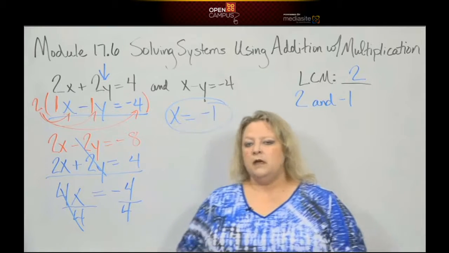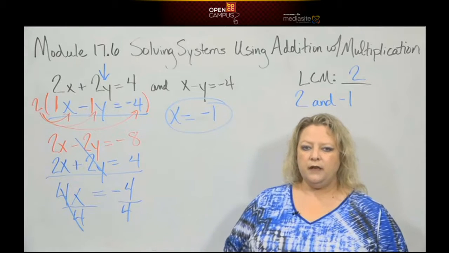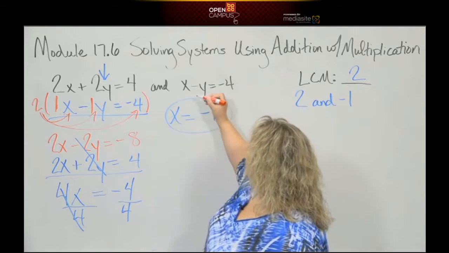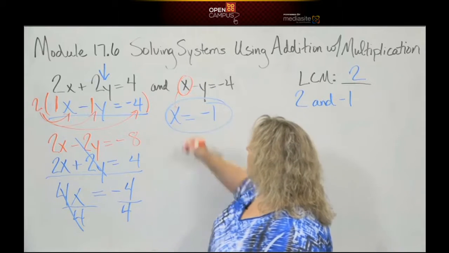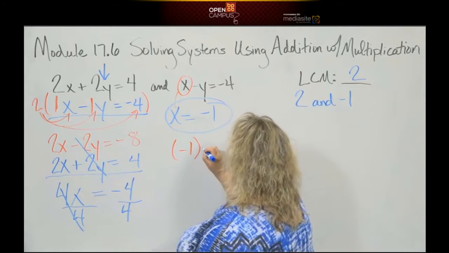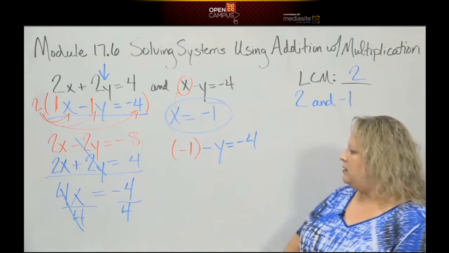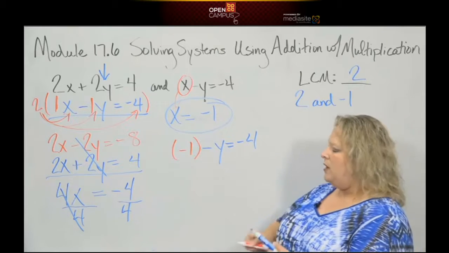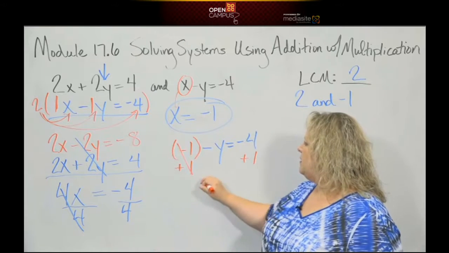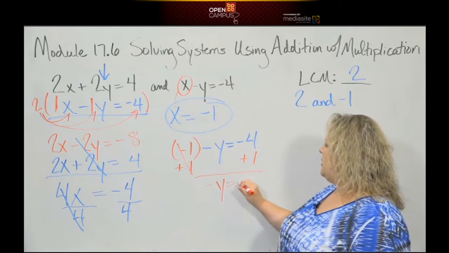So there's my answer. Now, once you get your answer, what do you always do when you get one? You take it, you plug it in, you get the other one. So let's do that. I'm going to take this and plug it in place of this x right here. So when I do that, I get negative 1. I'm going to write it in parentheses so that you can see it's negative, minus y is equal to negative 4. Now, how do I solve this equation? Move the 1 over here with the 4. So I'm going to add 1 because I'm going to do the opposite. And that gives me 0 there. And that gives me negative 1y is equal to a negative 4, and a positive 1 gives me